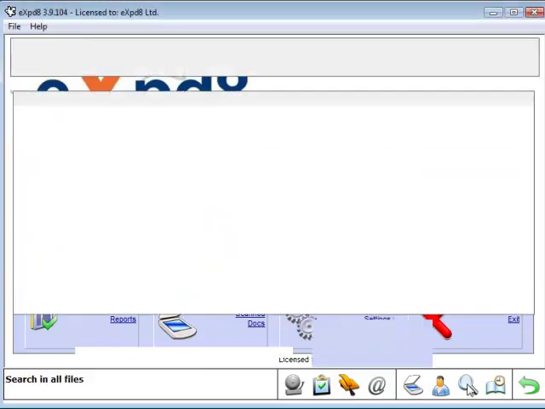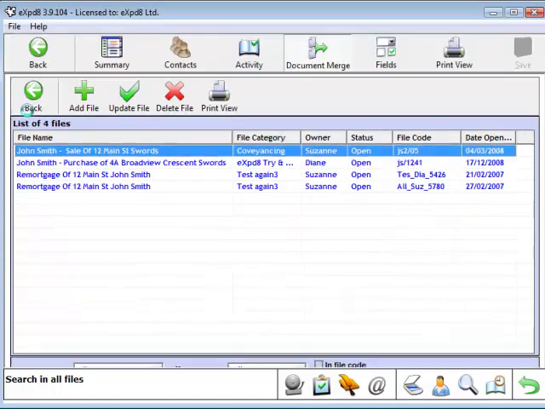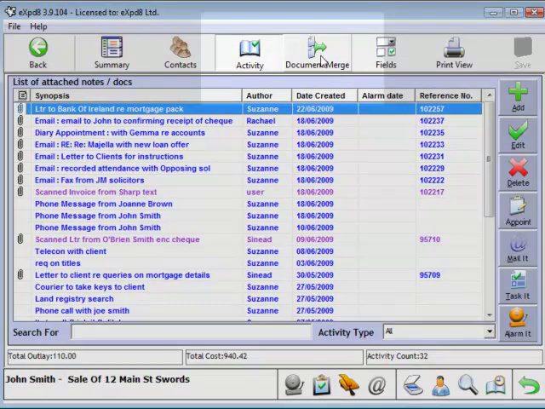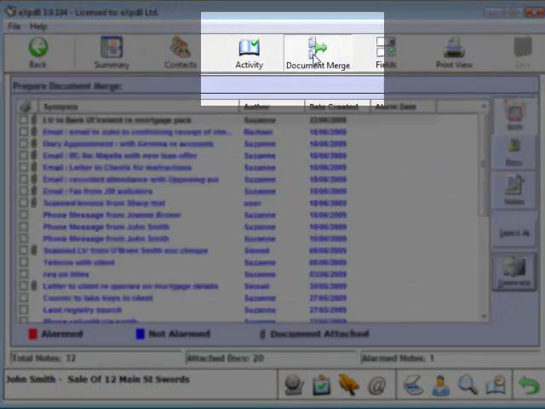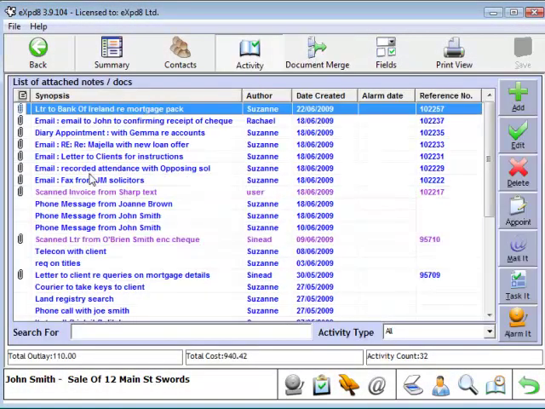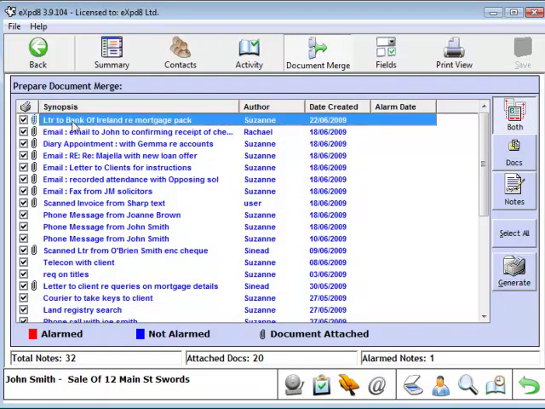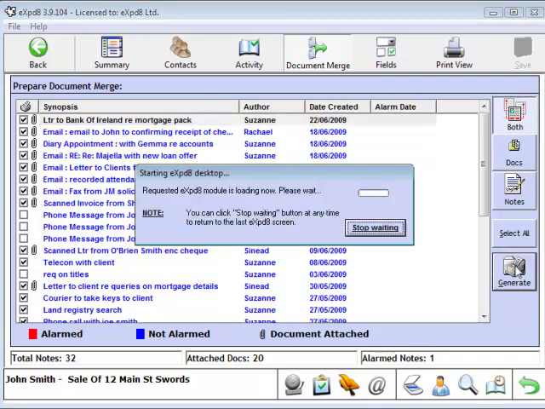I'm going to locate a particular file called John Smith, and within that file, notice here on the top toolbar, next to activity, I have the option for document merge. Now it looks very similar to the activity page, the only difference being that I have the option to select or deselect various activities within the file. So I will select everything here, but let's take out the odd one here and there so we can see how that looks. And then I can click the Generate button, which will take me into the document